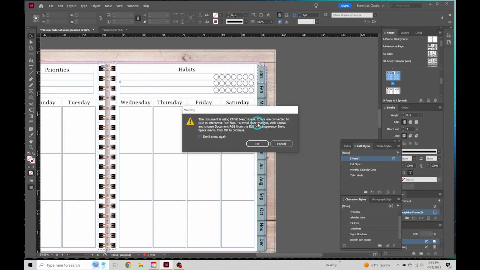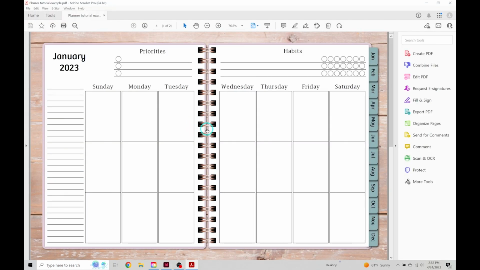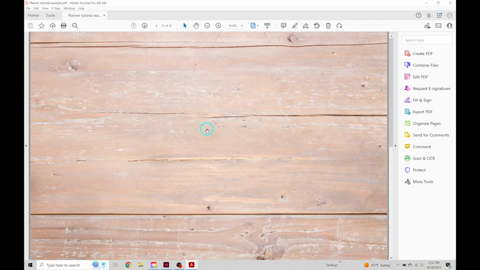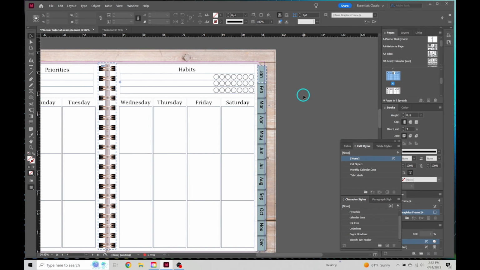If you get anything like this, something was over something else, don't worry about it, just click OK. Sometimes it has to do with the text, and there you go. It should bring up your digital planner and you're good to go. I would then pull it in. You should be able to test it out and they should be clickable in your PDF like this, but I still would suggest go ahead and bringing it into your GoodNotes and testing it out and just playing around and